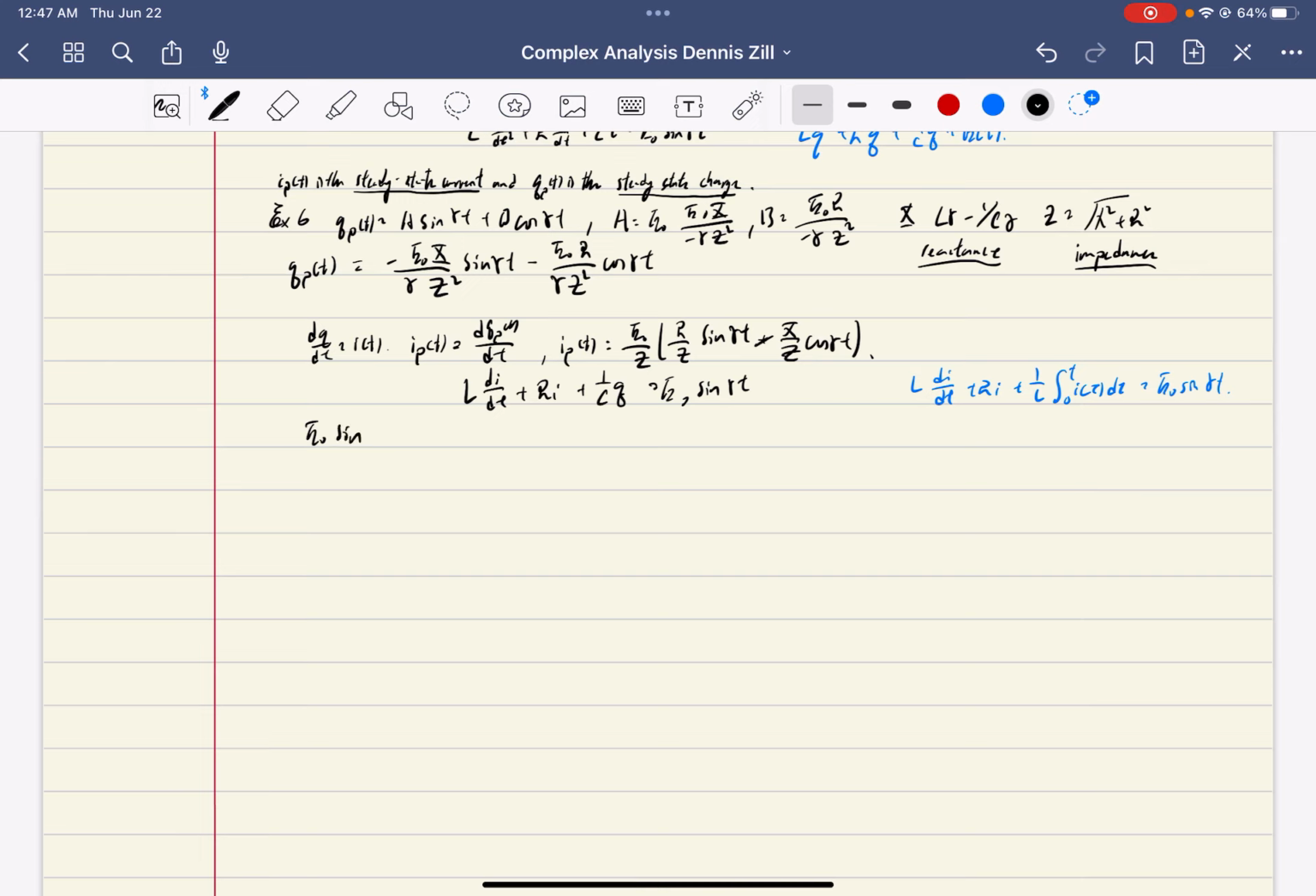E naught sine gamma t, that is equal to the imaginary part of E naught e to the j gamma t, right? And therefore your I_P is equal to the imaginary part of A e to the j gamma t, right? And now substituting for the result, we get